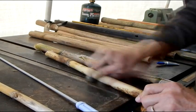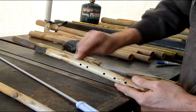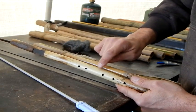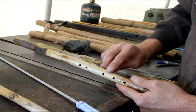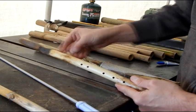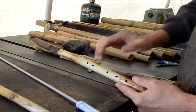And you can scrub this guy and see it turns a really pretty color. But if you notice, there's a slight tinge of green in here, just a small hint of it. This one has a little bit of green, but this one's a bright green. This is a darker colored, golden, lightly greened color. But this light green suggests to me that it's probably prepared for making flutes, and will make a wonderful flute. We'll not have any problems with it whatsoever if we didn't burn it,